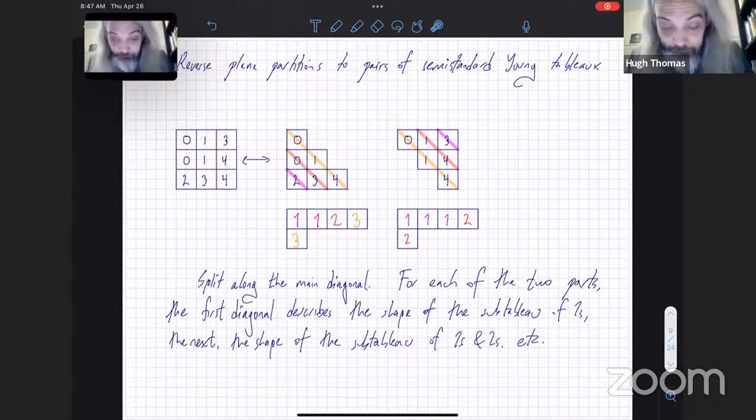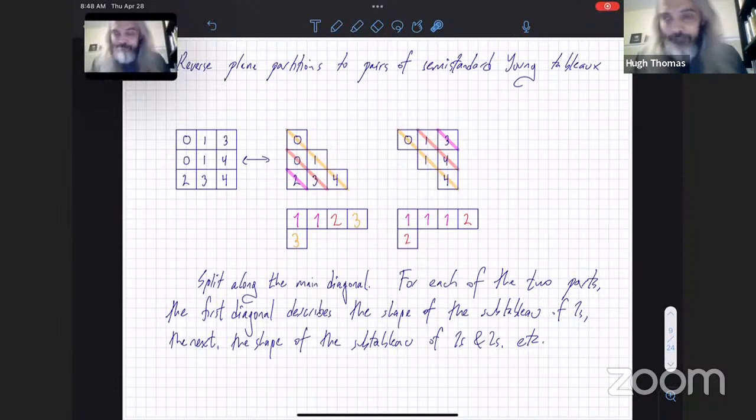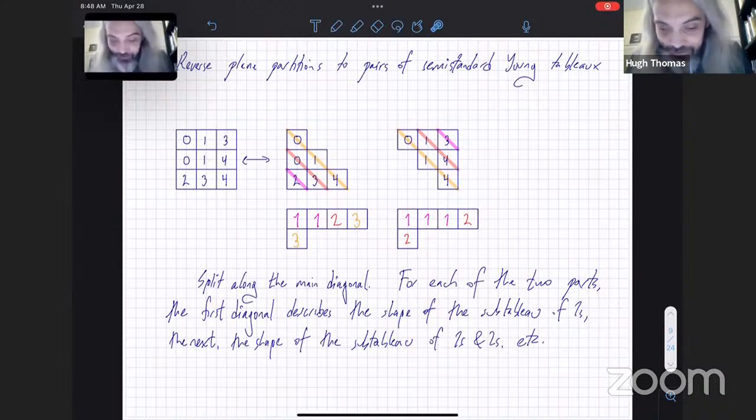And that perhaps requires a little bit of playing about with to get one's head around. But once one's used to the idea, it turns out that this is a very nice way to encode a semistandard Young tableau. In this case, it doesn't look like it particularly, but this way of thinking about it